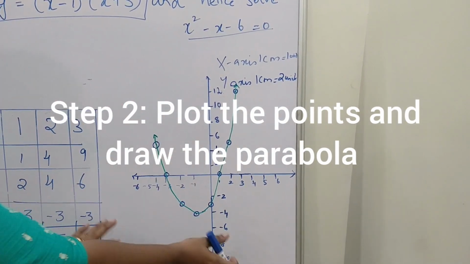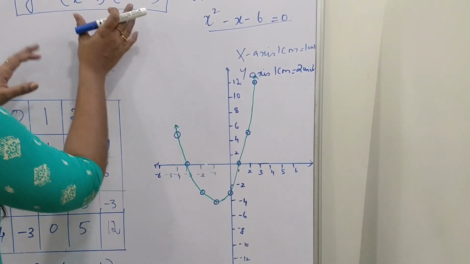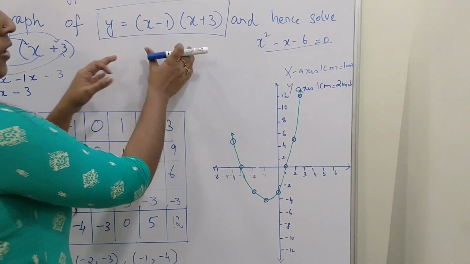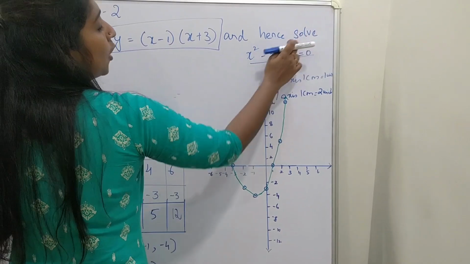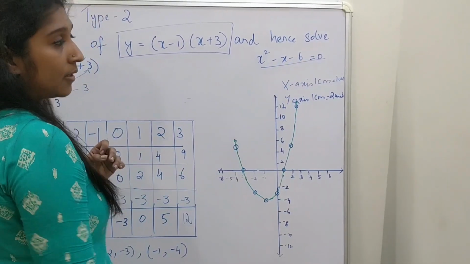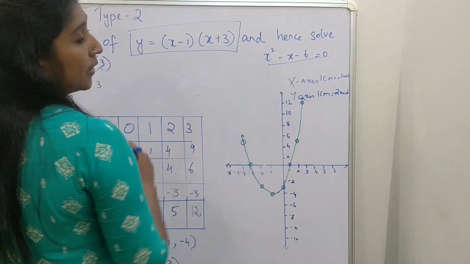So the sum doesn't stop here. We have only solved the first equation. Now we have to solve the second one. The sum says, hence solve x squared minus x minus 6 is equal to 0. I'll tell you how to solve the